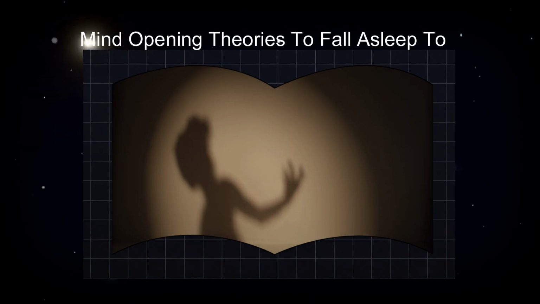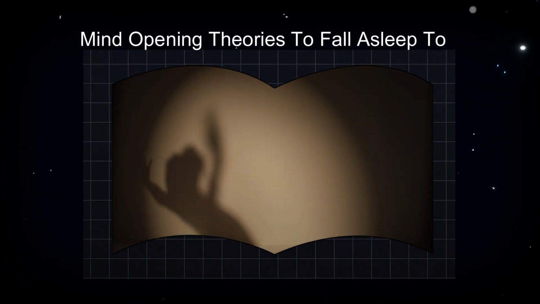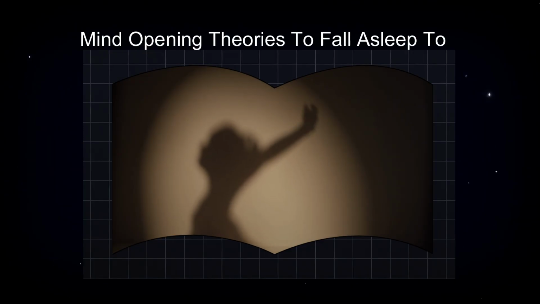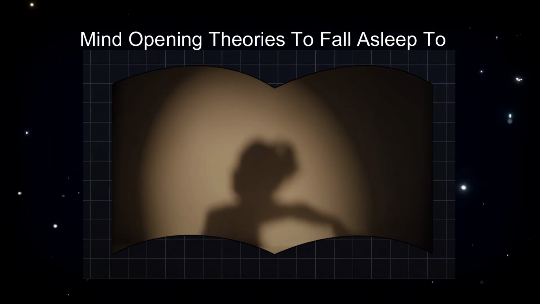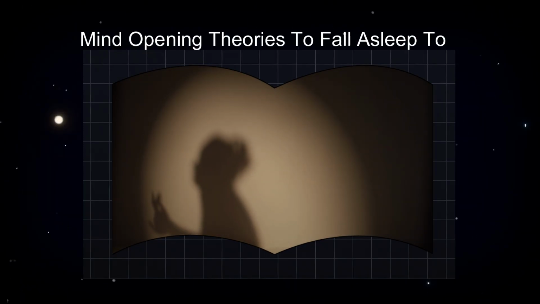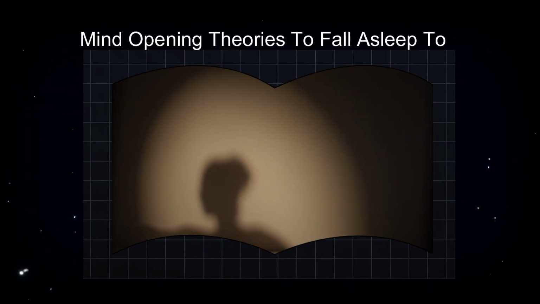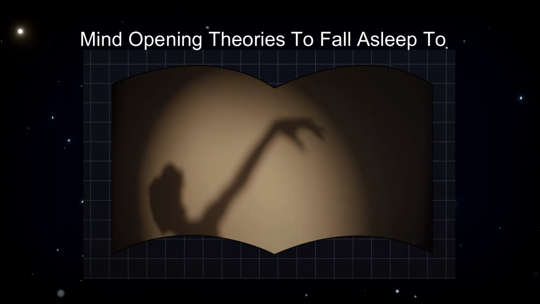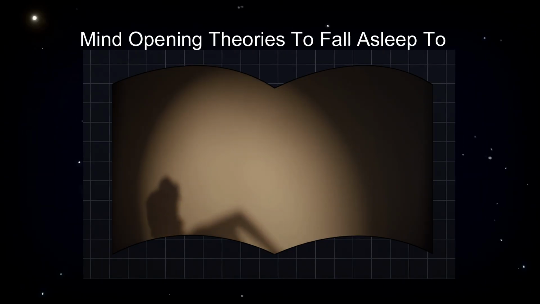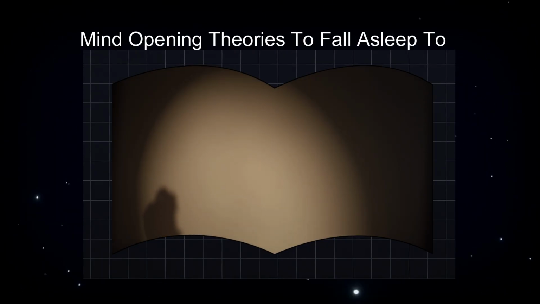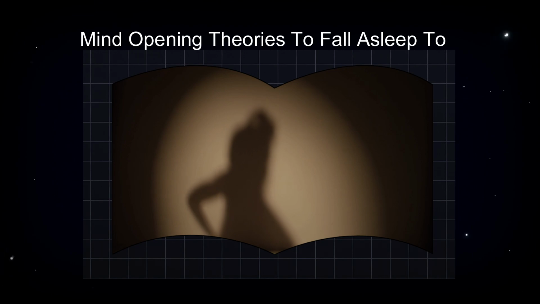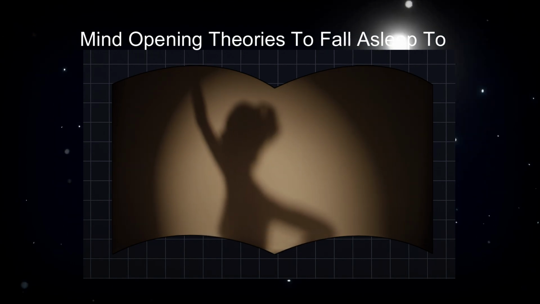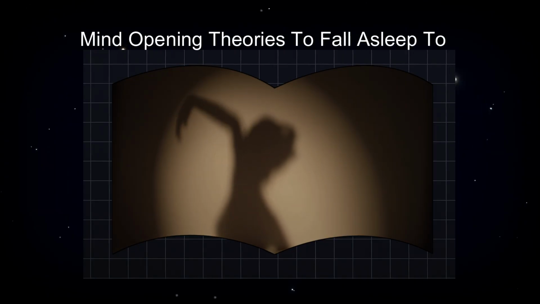Panpsychism flips that assumption. It suggests that even at the beginning of the universe, some form of awareness existed, scattered across space and time, embedded in every particle and field. And just as atoms came together to form stars and galaxies, perhaps simple forms of awareness came together to form more complex minds, culminating in us. It's a perspective that blurs the line between science and philosophy, between the observable and the mysterious.